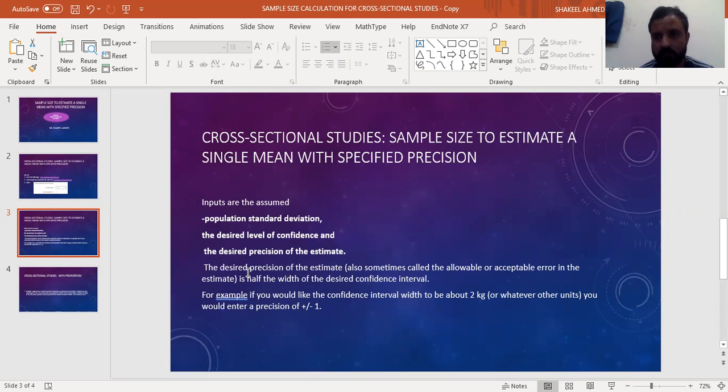The confidence interval we are constructing has a certain width, and the desired precision is half of the width of that confidence interval. For example, if we would like to take a confidence interval width to be about 2 kg or 2 liter, then we need to enter a precision of plus minus 1. So we put 1 in that box.